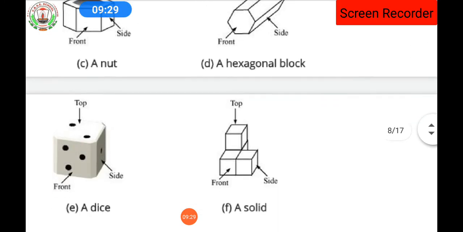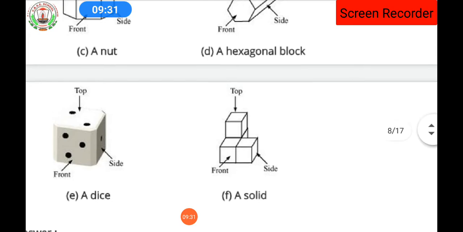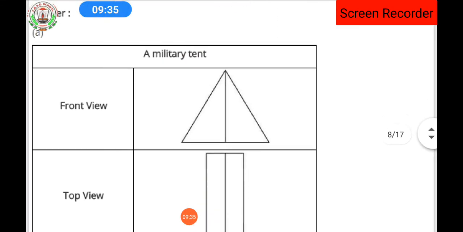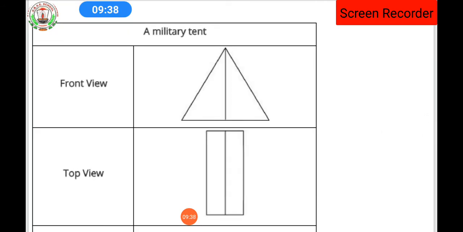A hexagon or block is given, that also you have to draw. Then a die and a solid is given. So individually, for each one of the things, you have to draw the figure. Okay, so let's see. The first one, as you know, a tent is drawn, so a military tent is